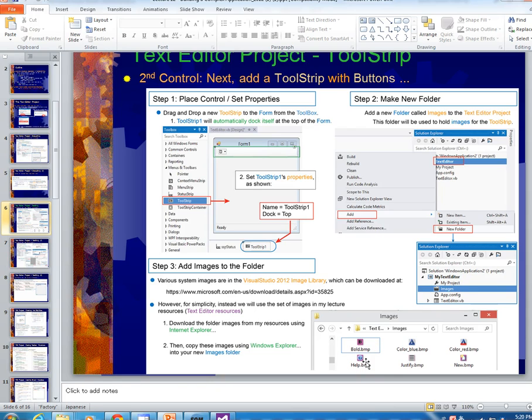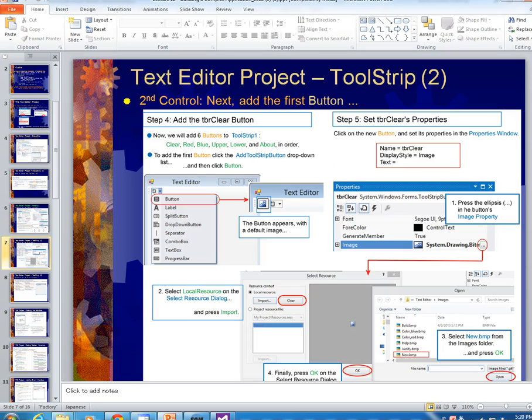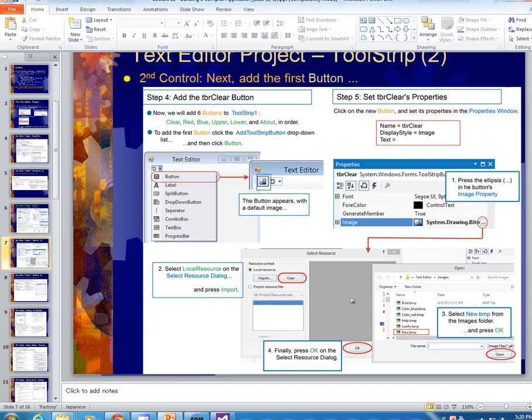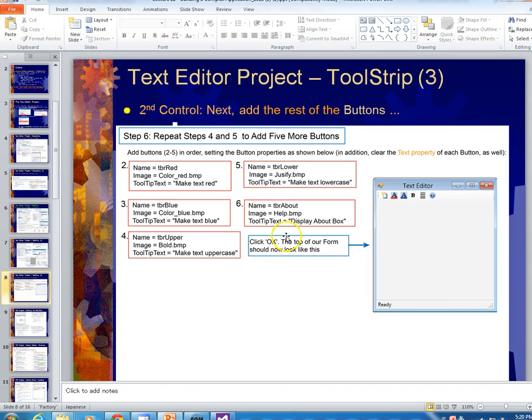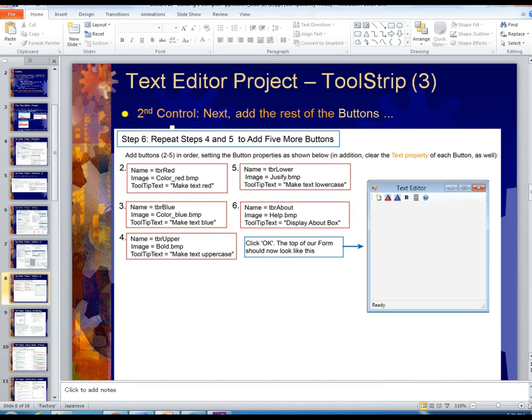So use that one. And also, what do we want to call it? We want to call it, name is TBR about, and the tooltip text is display about box. So once you get that done,